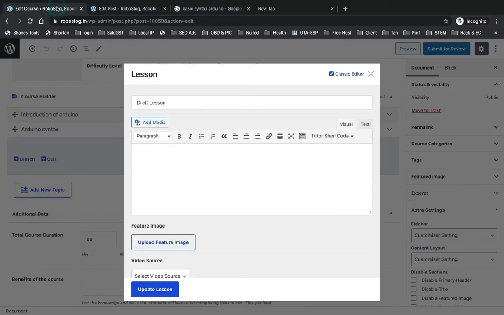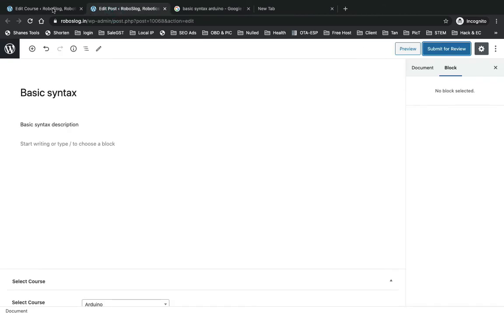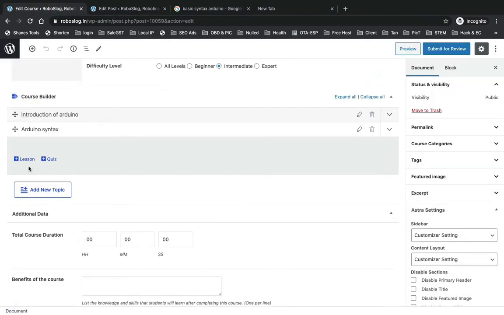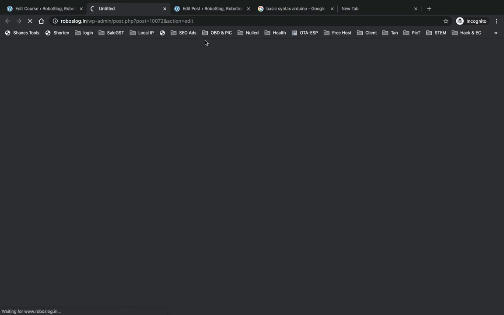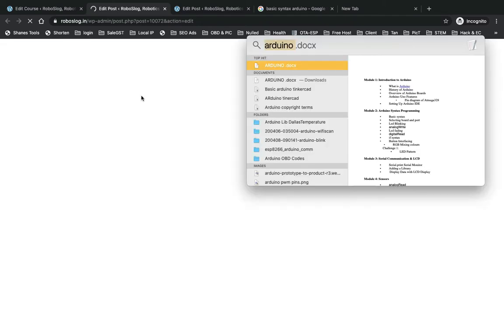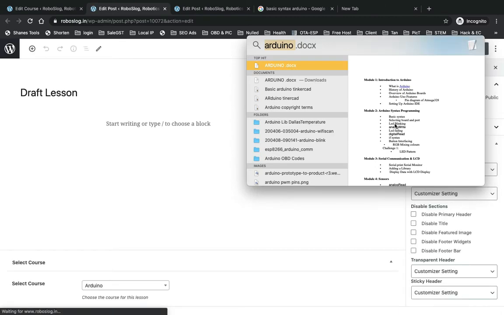So hence we have added one lesson in the second section. Now again add one more lesson here. It's the second lesson of this module, selecting board and port.